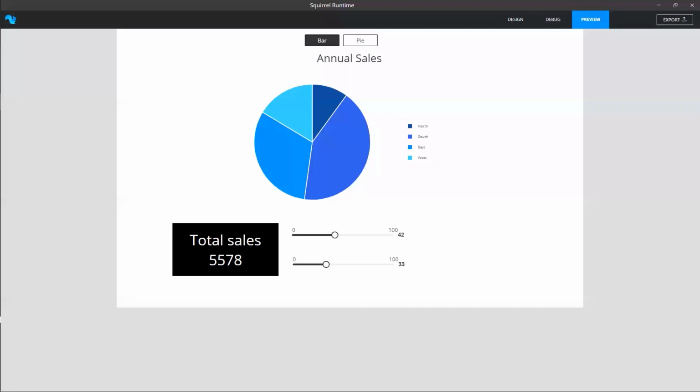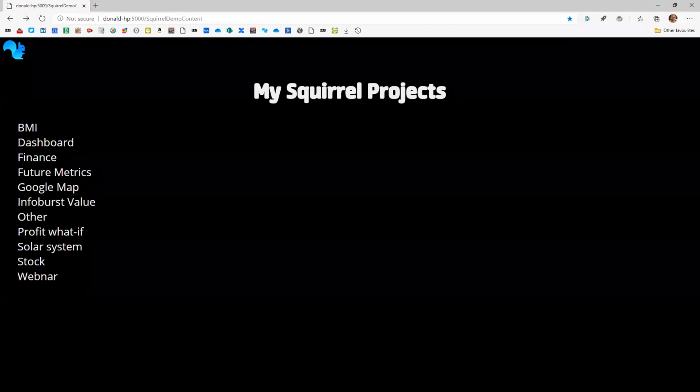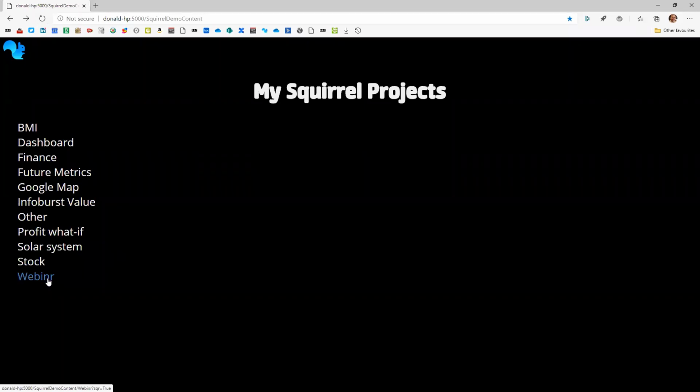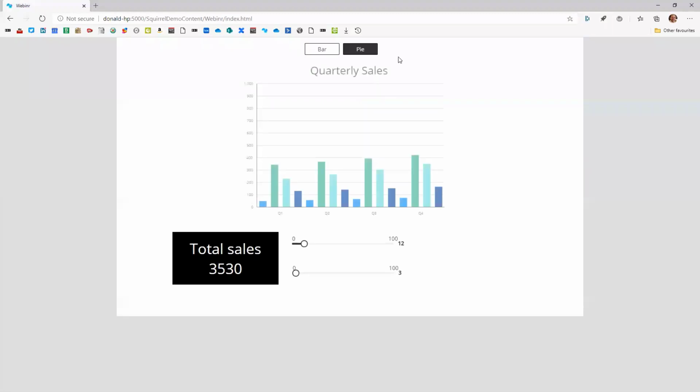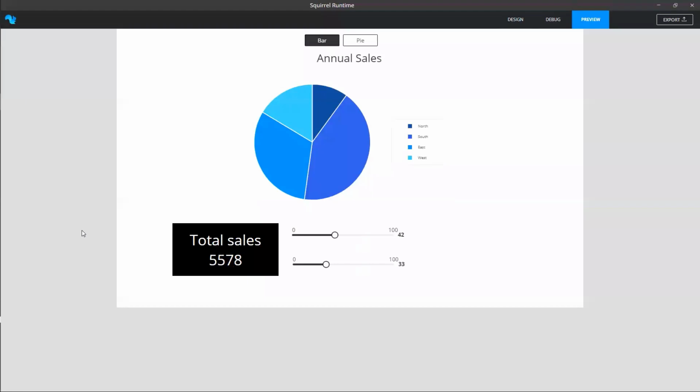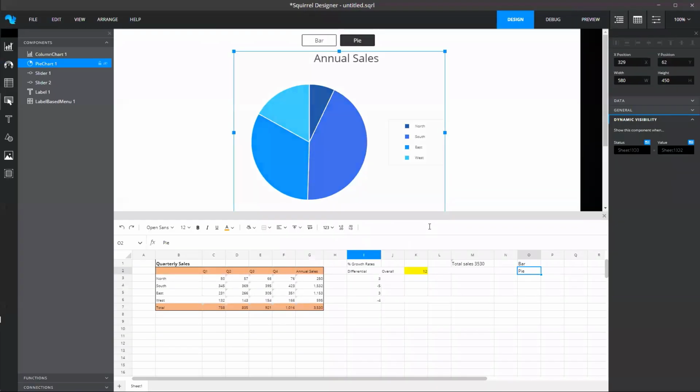So when that is finished, if I come back to here and refresh, what we'll see is that I've got webinar, and then if I click on this, I get the dashboard that we saw from before. So everything you've got there. And all that's required to view that is the link and a browser. So we've got absolutely no dependency on Flash or any other software at all. So that's the first sort of baseline, if you like, for the way in which Squirrel works and the way that it interacts with the spreadsheet.